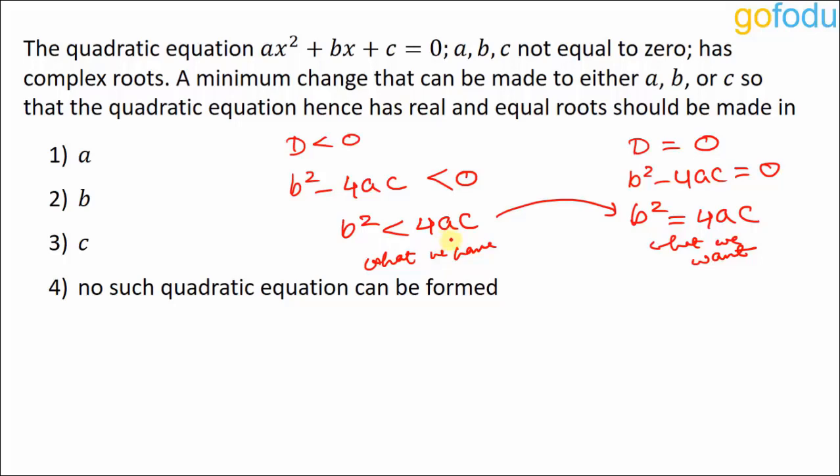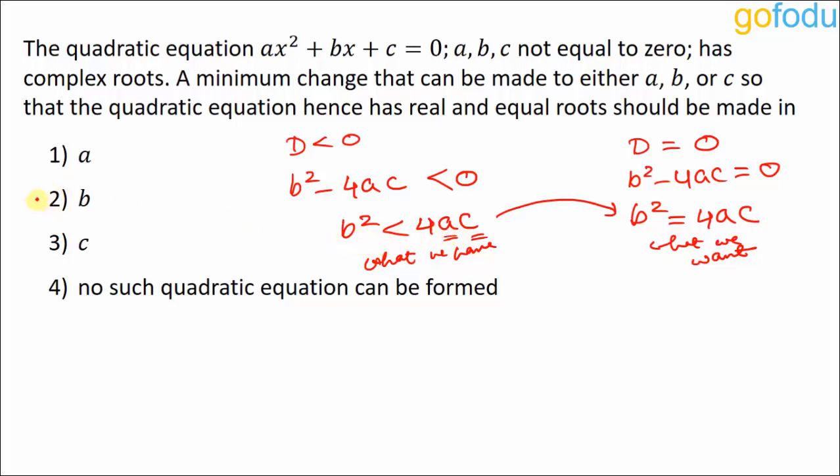We can either decrease a little bit so that this whole becomes equal to b square, or we can decrease c a little bit, or we can decrease a and c both, right? But if we increase the left hand side, then also this can become equal to 4ac, b square can become equal to 4ac. But if I am increasing b a little bit, that increment is getting squared, that change in b is getting squared, and it is amounting to a much larger value. So a little change in b can help us get b square equal to 4ac.